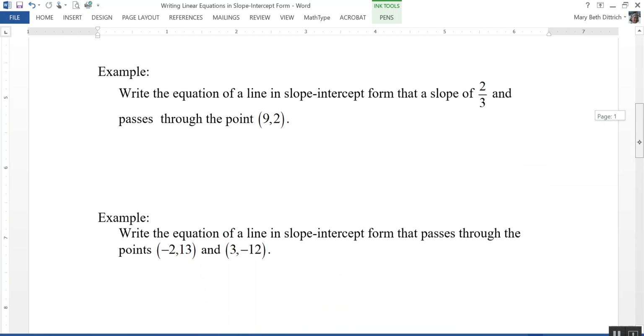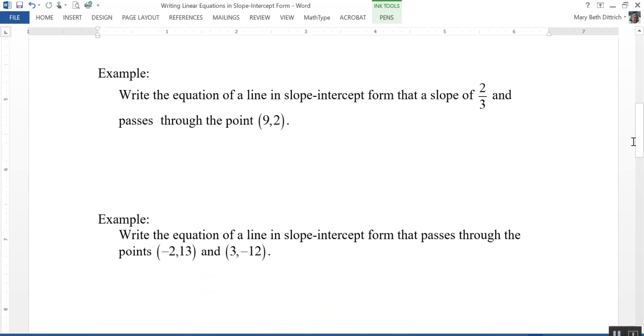Our next example says, write the equation of a line in slope-intercept form that has a slope of 2/3 and passes through the point (9, 2). Okay, so (9, 2) is not my y-intercept. That's not my b, so I can't just plug it in. But I do know that this is an x on the line, and I do know that this is a y on the line. So I can use my form of the equation, y equals mx plus b, and I